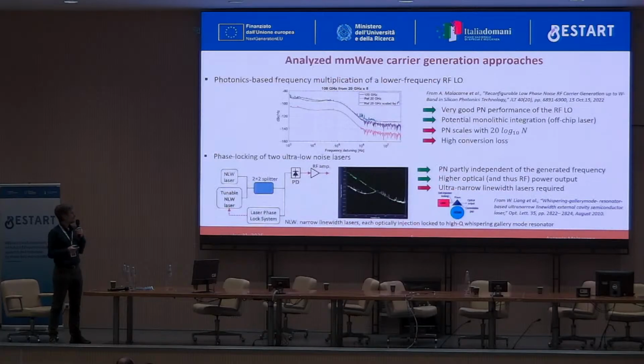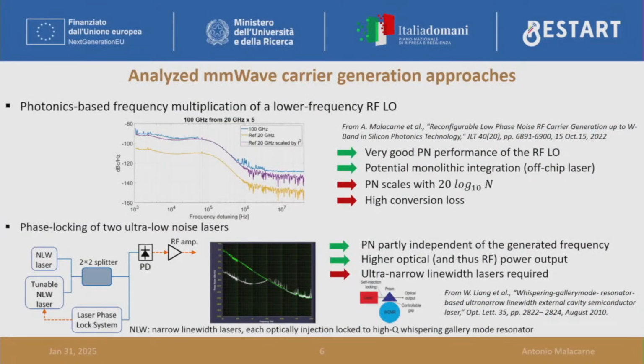We recently proposed mainly two approaches. One is a photonics-based way to frequency multiply the lower frequency of a local oscillator, and another is a solution where we phase lock two independent narrow linewidth lasers together. You can see the pros and cons of each solution. In the first case, if you start with a local oscillator with a very good phase noise, you can achieve good phase noise performance, but of course phase noise scales with the square of the frequency, so with the square of the multiplication factor. The solution can be monolithically integrated, as we did, except for the laser source. And currently the solution we packaged, as I will show briefly,